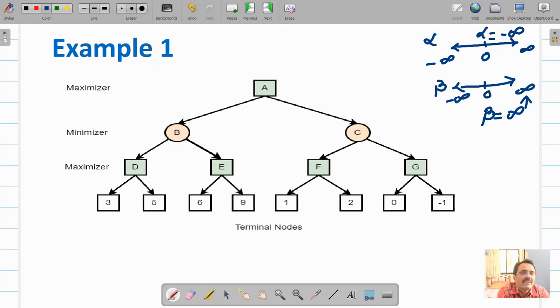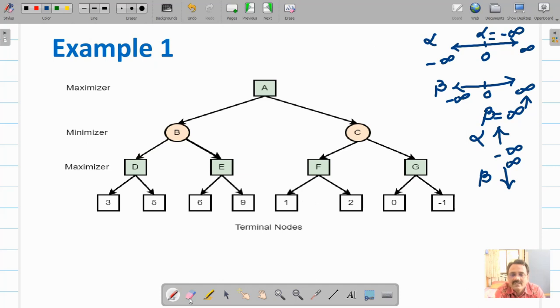So at any time further you will find that alpha will increase and beta will decrease. Alpha increases from minus infinity and beta decreases from infinity. If anything is less than infinity, beta will take that, and anything greater than minus infinity, alpha will take that.